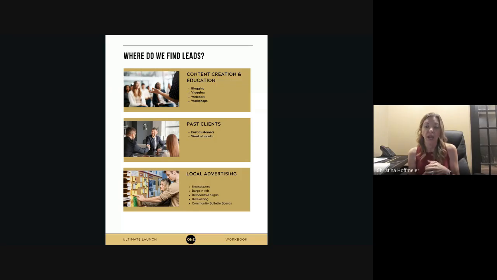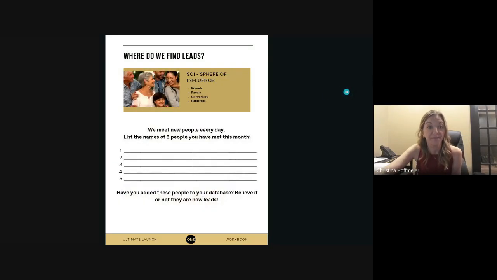bulletin board. I always take a peek every time I go to a restaurant and they have a bill post board just to see what agents are on there. And I get so excited if I see any of our Realty One agents. I take a photo of it, post it on Facebook, send it to the agents. So it definitely can work as some passive advertising and lead generation.